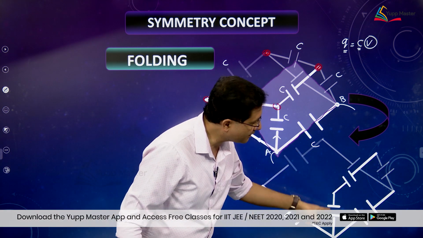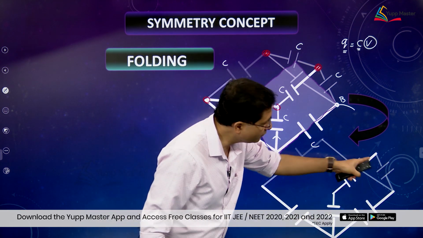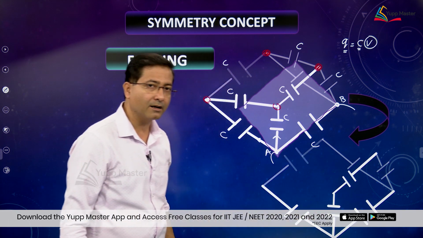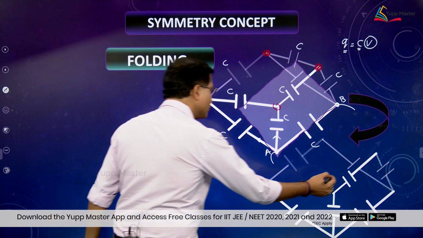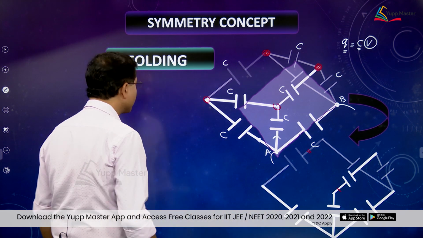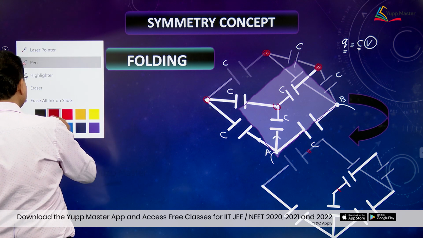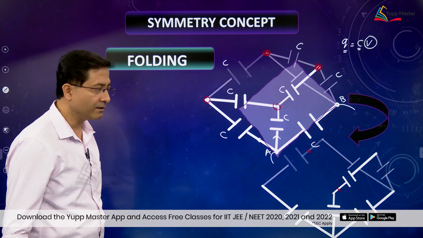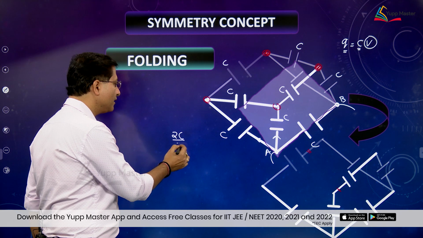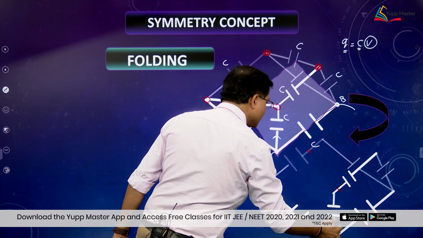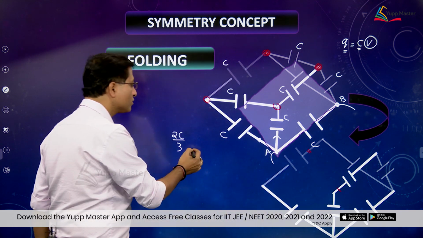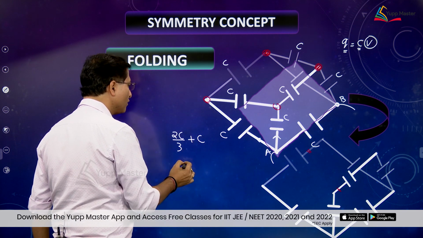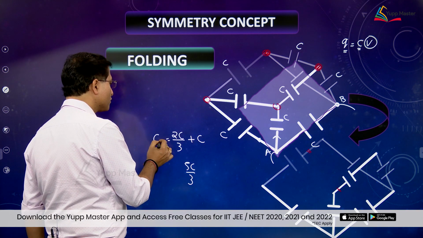These all three capacitors are connected in series. So this will give you C by 3, similarly this will give you C by 3, and then they are connected in parallel, it will give you 2C by 3. So this branch and this branch together will give you 2C by 3, and then one capacitor connected in parallel. You can simplify: 2C by 3 for these two branches, this branch C by 3, this branch C by 3, they are connected in parallel, 2C by 3, and then there is one more capacitor connected in parallel, plus C will give you 5C by 3. So C equivalent